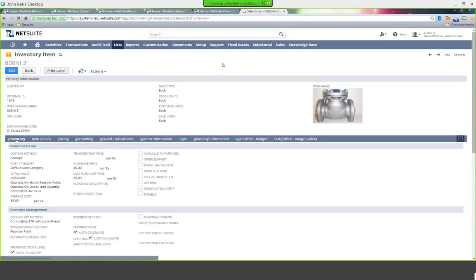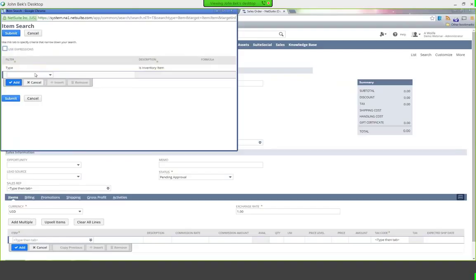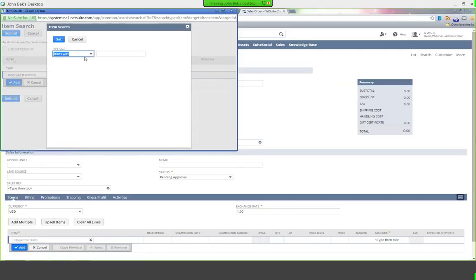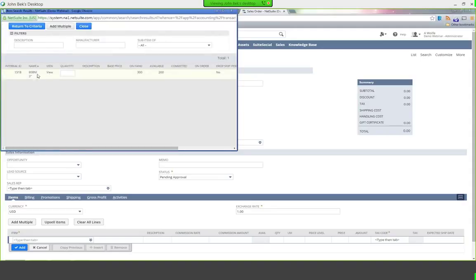So if your customers do call you and we had to pull up a search using a very specific type of item, I could come in here and type in the custom field that I created and say, I want to search by custom pipe size, and I want to pull up all 3-inch custom pipe sizes and be able to pull up all my items that way. And so you can see this 808 NI 3-inch pipe is pulled up. I've got 300 on hand. I can go ahead and take an order directly from here and process that order directly.